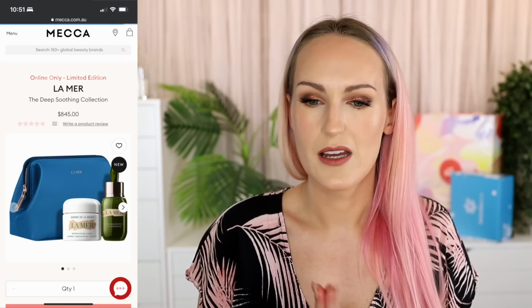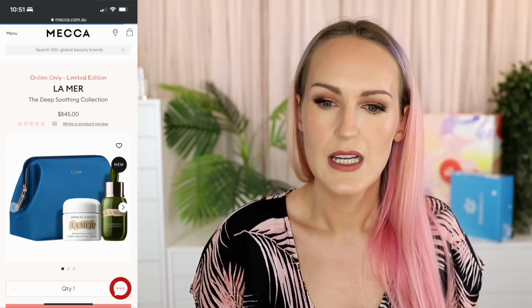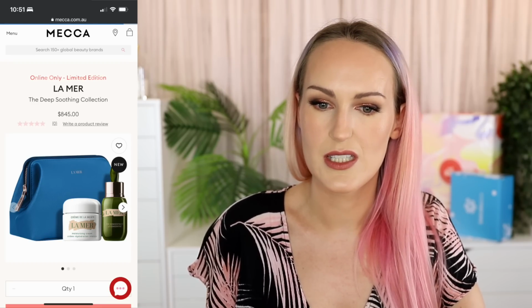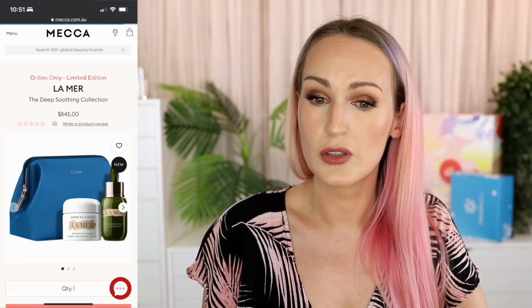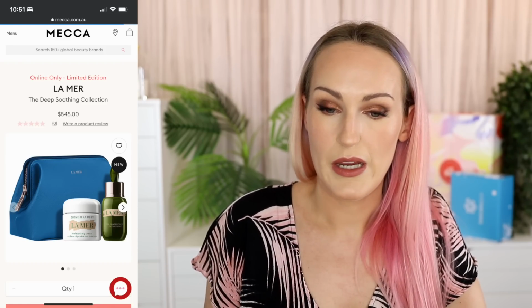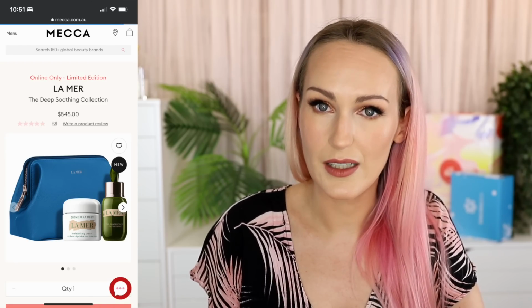While I was researching for this video, I did decide to jump on the Mecca and Sephora websites and have a look at what I could find were their most expensive holiday releases. On Mecca, I found this from La Mer. It's the Deep Soothing Collection. It's $845. This contains the Creme de la Mer and the concentrate, which is basically a serum. They're both full size from what I can tell, and it also comes with a La Mer makeup bag, which I don't give a shit about the makeup bag. On Mecca, sorry,